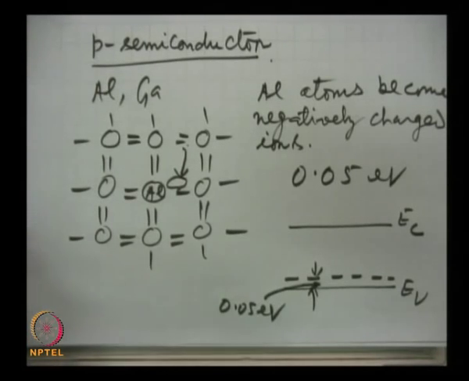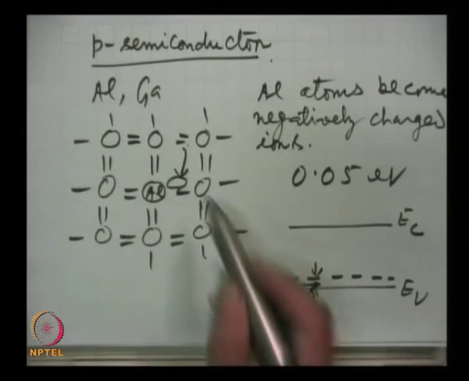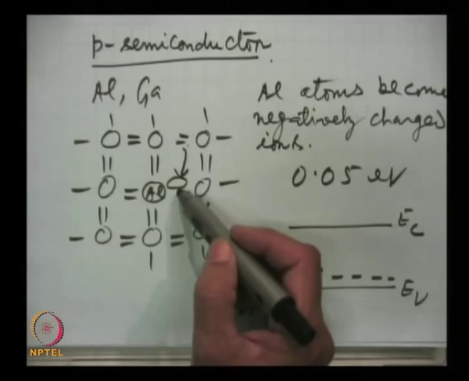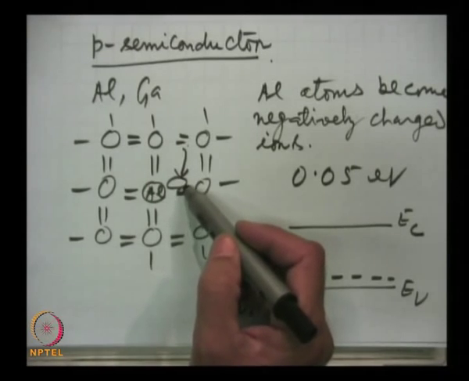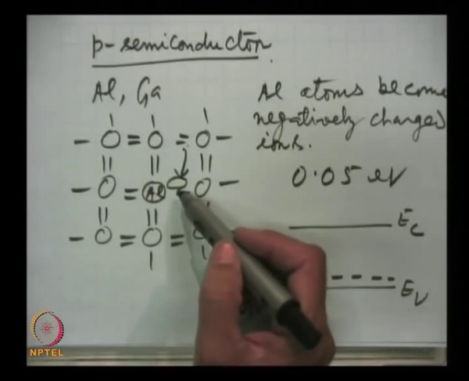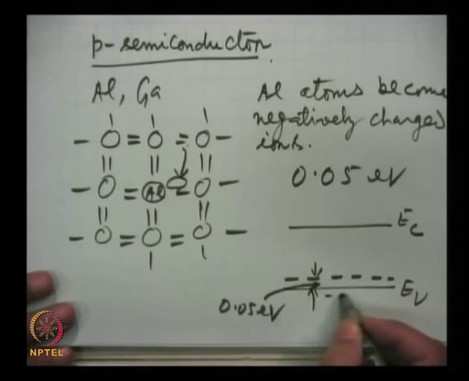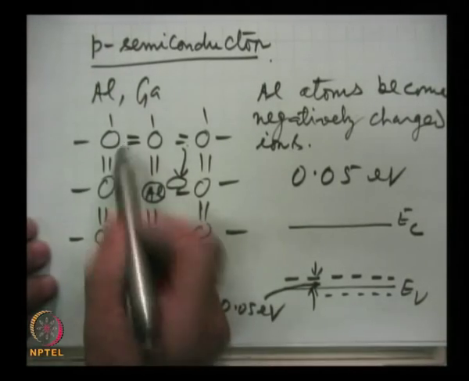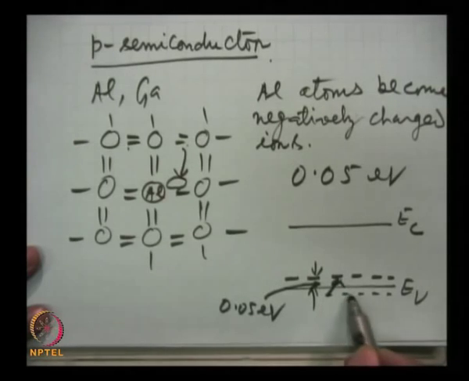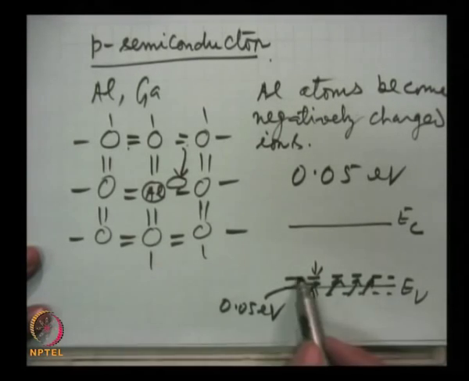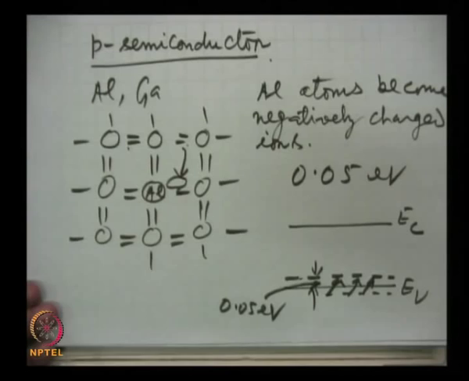That means this much energy is required for this electron to jump, which is available as thermal energy at room temperature. And so, these bound electrons move to these states to make them negative ions, and